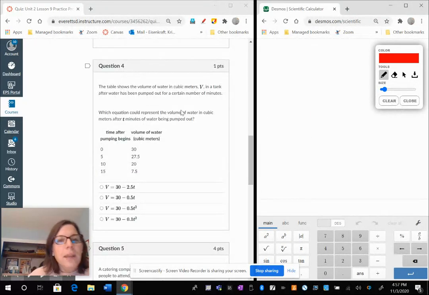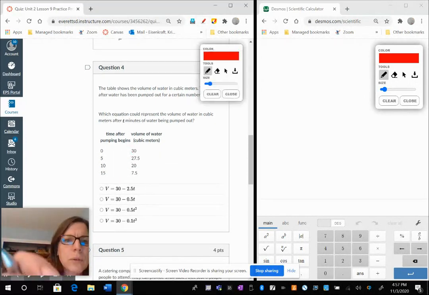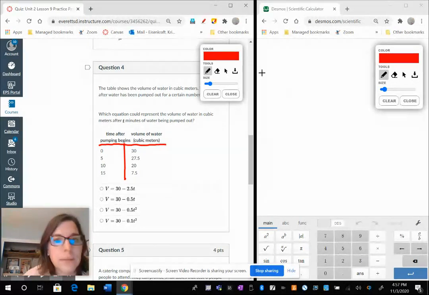Question 4. The table shows the volume of water in cubic meters, V. This is another screen. It's like a table like that. And this is time after the pumping begins in minutes. Which equation could represent the volume of water in cubic meters after t minutes? In order for an equation to work, it has to work in all the pairs of numbers given for t